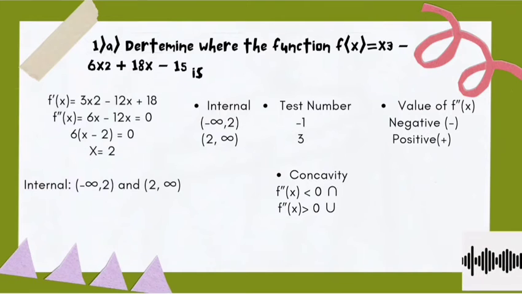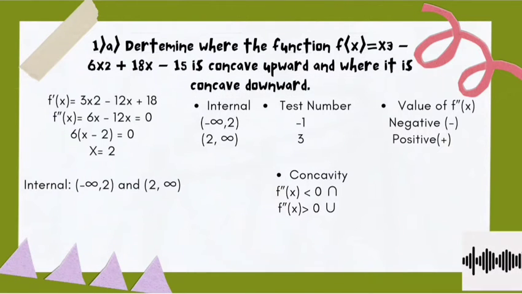In question 1A, determine the sign of the second derivative in each interval by computing the second derivative at c, where c is any chosen test number in the interval. To solve the question, step 1 is to differentiate using the power rule. By using this rule, we get the first derivative of the function f(x), which is equal to 3x squared minus 12x plus 18. Next, using the power rule again, here is our second derivative function, which is equal